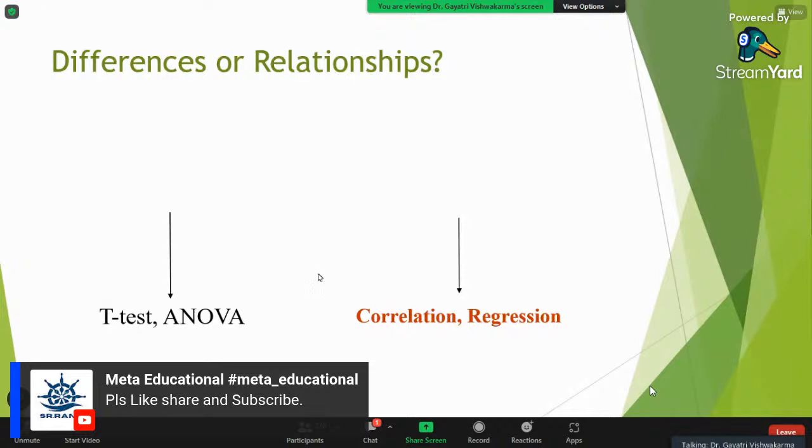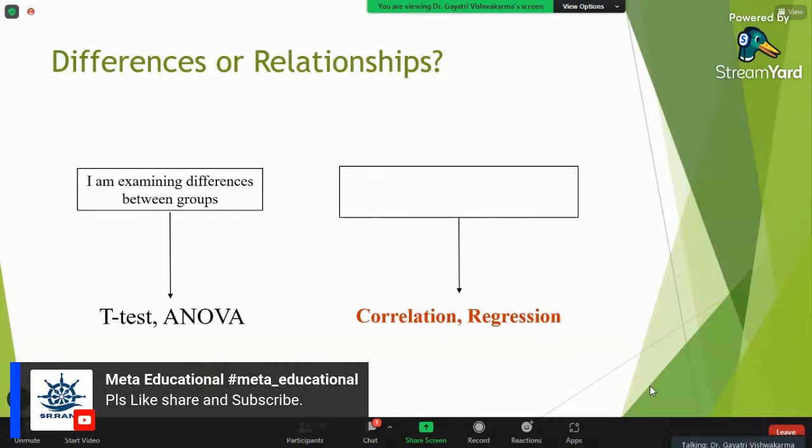Okay, so when my objective says I am examining differences between groups, then we have to apply t-test and ANOVA. I hope you have already been exposed to these two types of statistical methods.